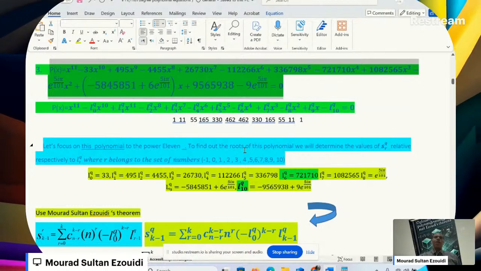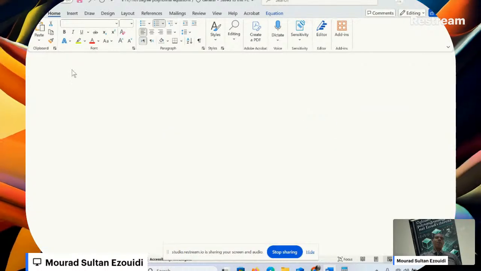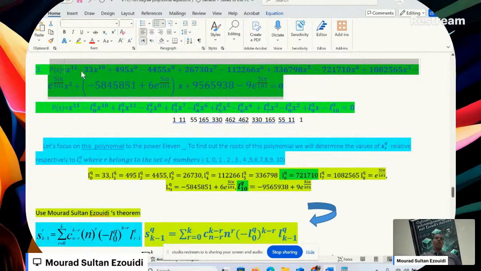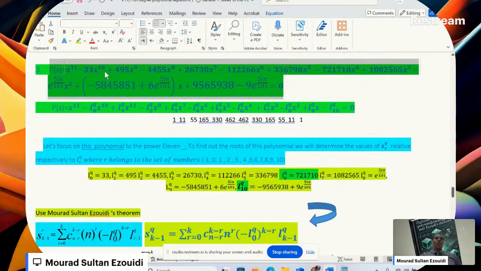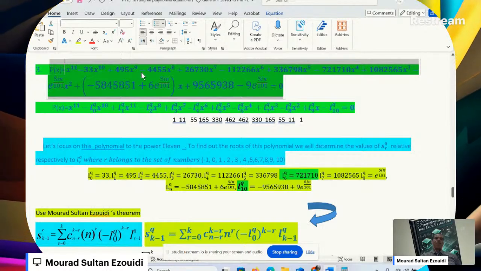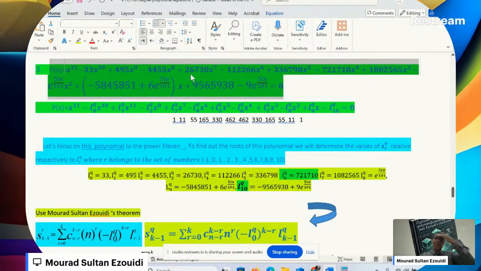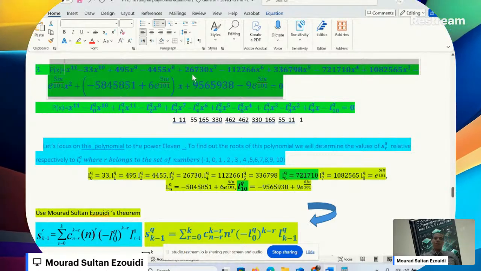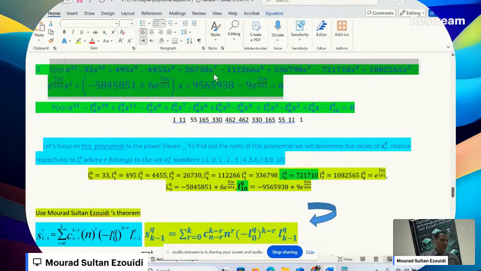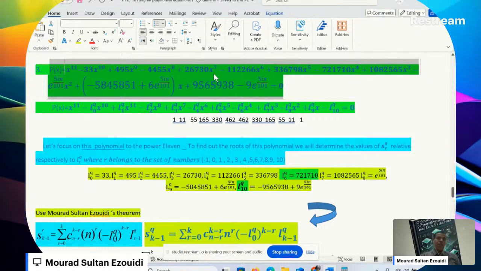Yes. Okay, so we can say that this is our polynomial: x raised to the power 11 minus 33x raised to the power 10 plus 495x raised to the power 9 minus 4,455x raised to the power 8 plus 26,730x raised to the power 7 minus 112,266